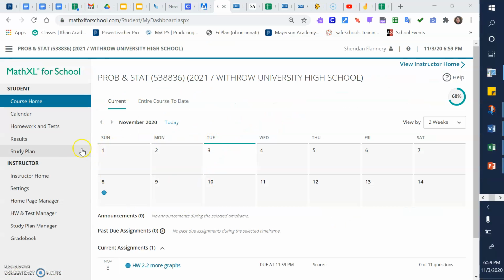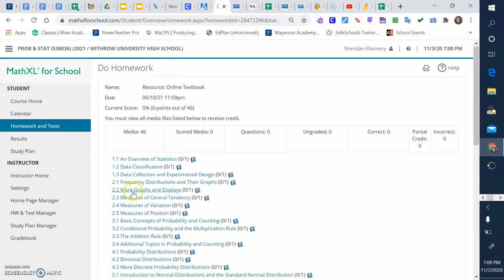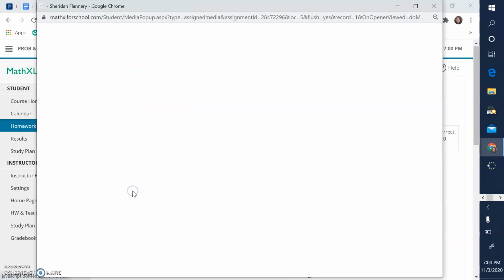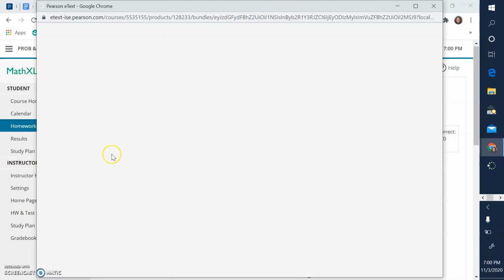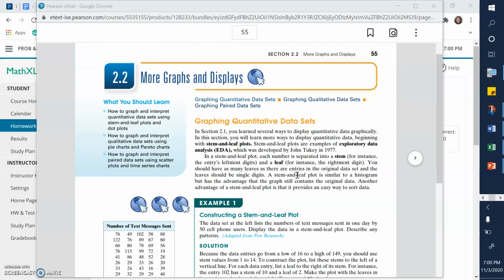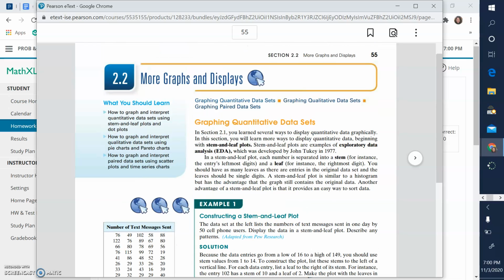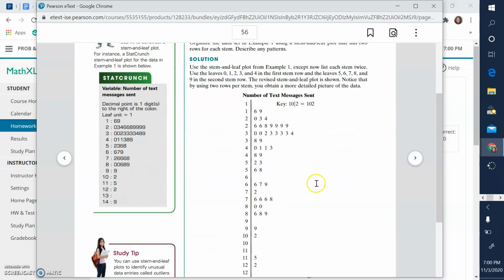Reminder of some helpful resources. I strongly suggest when you get into MathXL that inside the homework and test section, you look at the textbook, and we're on section 2.2. That's why I tell you what lesson we're on. That way you can get into here, you can actually read through their examples, you can look for their vocabulary in here. Each section is only a few pages, but it's chock full of